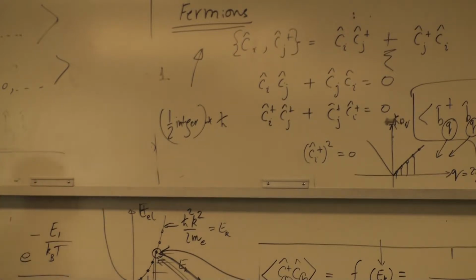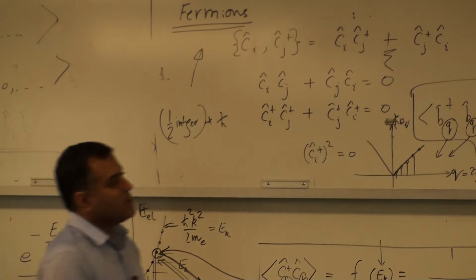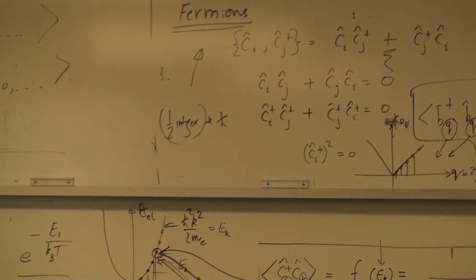A good example of that is an exciton, where you have an electron and a hole and a photon. They combine together, and an exciton is a bosonic object. You can make it condense. You can have many, many excitons in one state. So you can beat the Fermi distribution that way.